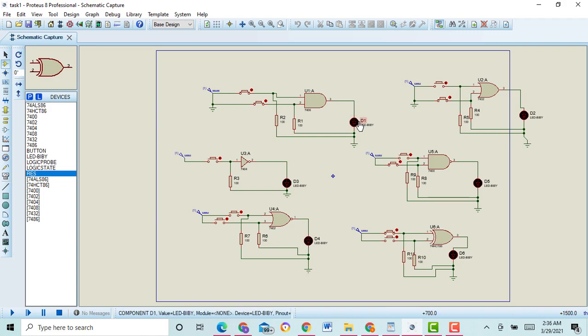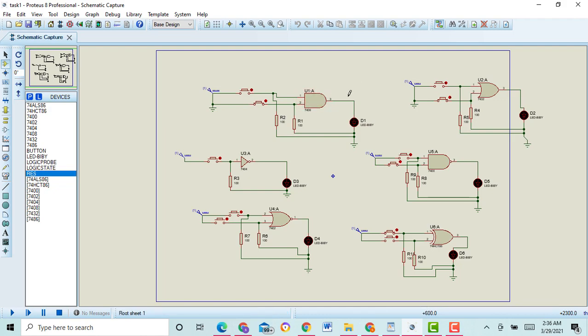You can follow my cursor. When you want to glow this LED using the AND gate, then you should connect these two resistors for controlling the LED. And here I connect the two push buttons for logic control. Here you can control the logic of the push button. Here you can see, you can follow my cursor. I just click on the push button, and the push button opens and closes.